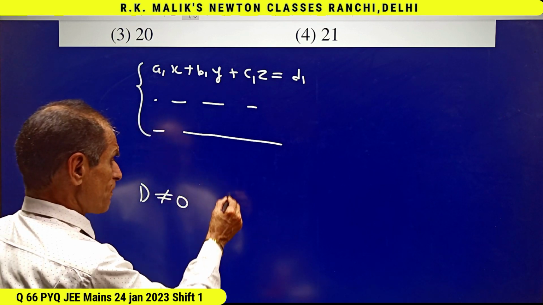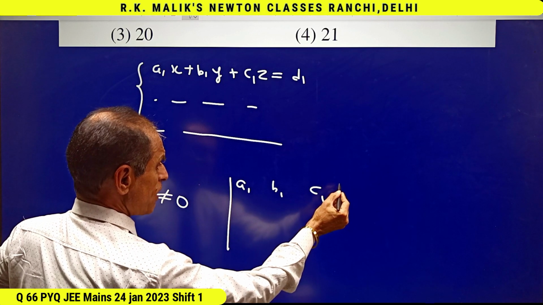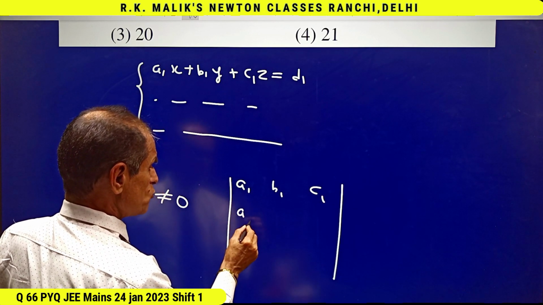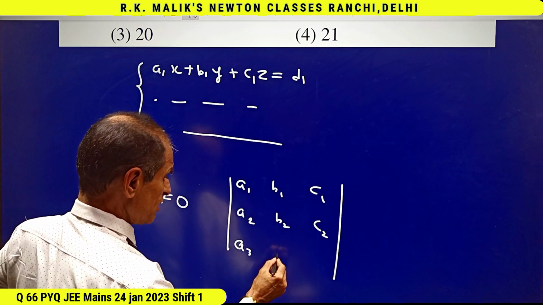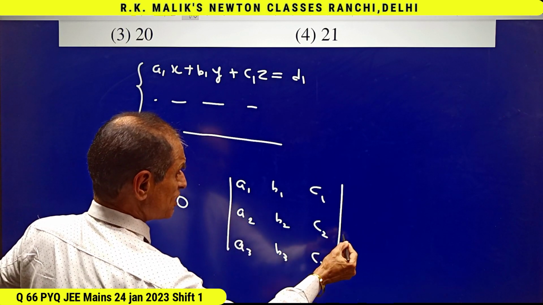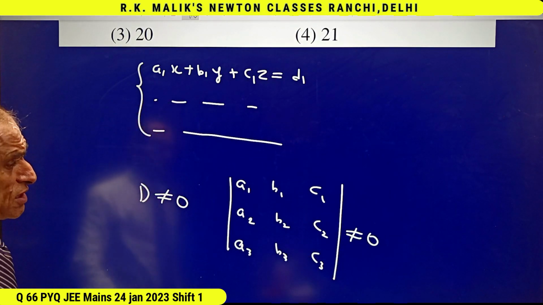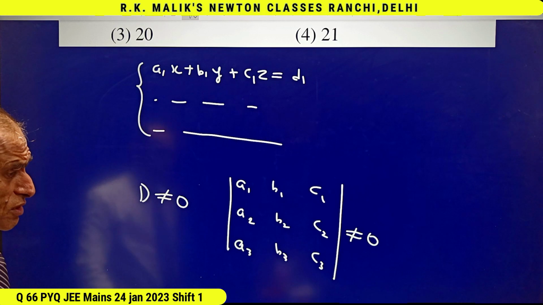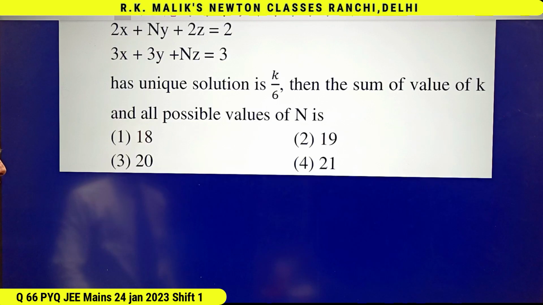That is, if the determinant with rows a1, b1, c1, a2, b2, c2, a3, b3, c3 is not equal to 0, then these three equations will have a unique solution. This Cramer's rule you must have studied in 12th class. And using this concept, these three equations will have a unique solution if,